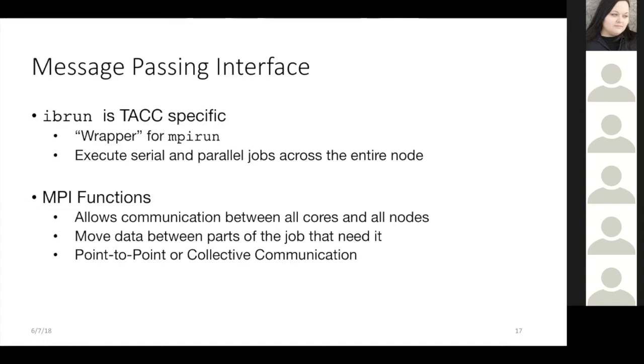So as all of these nodes talk to each other, the idea is that then you can rejoin things at the end of the job to sort of collect your output and redirect it to something that is readable, either for restarting the job or for storing that data for later post-processing.